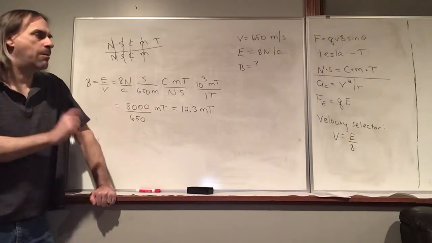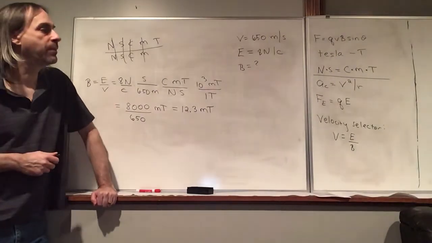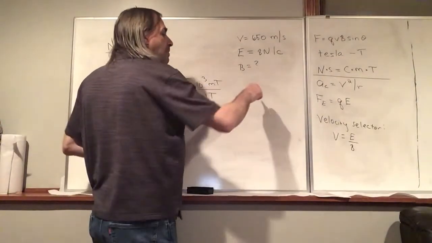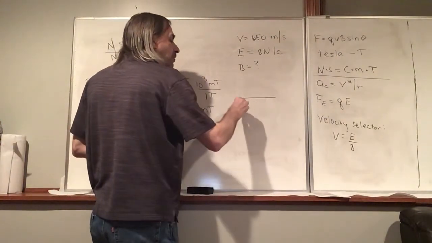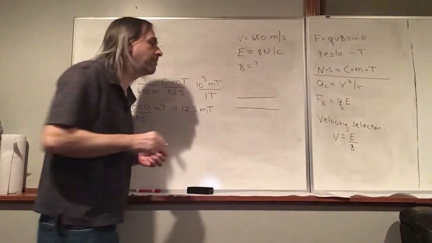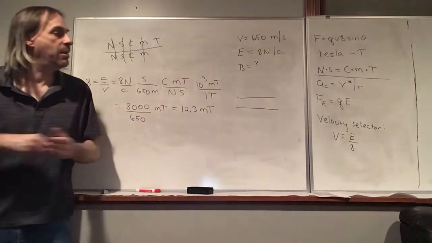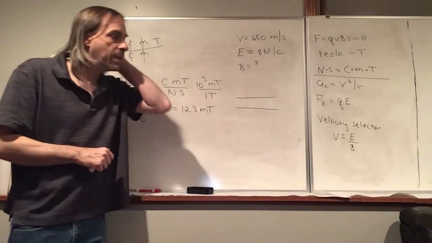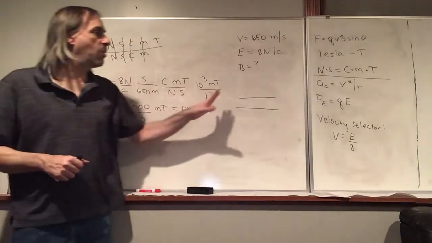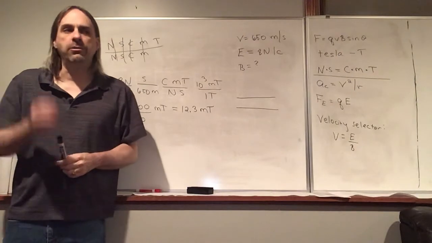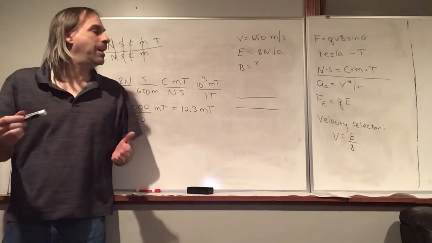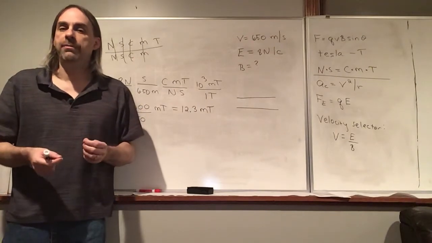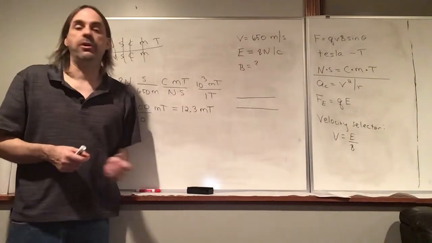Now, I will say one more thing about a velocity selector. It involves two things. We'd have a capacitor to create the electric field, like a parallel plate capacitor, and then be hooked up to a battery, so we can adjust the electric field just by changing the voltage. Now, we haven't talked about the solenoid yet that creates a magnetic field. We haven't really discussed that, but with the solenoid, we'd have to drive a current through it, and the strength of the magnetic field would